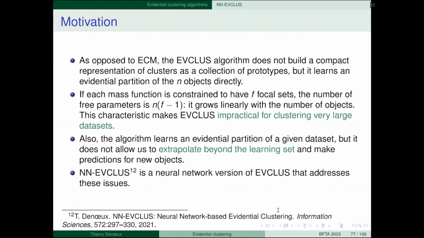After you have found the Credal partition, you would like to be able to label new objects. And with EVCLUS, you have to rerun the whole optimization if you have new objects. So NN-EVCLUS is a neural network version of EVCLUS that addresses these issues.